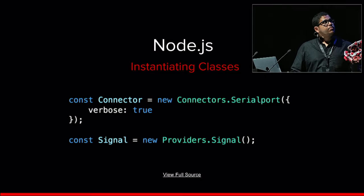By simply instantiating some of the connectors and signals, we can then start and initialize our modules. In this case, we have some FFT, some topographic data that I might be showing you later, and then the time series, which is exactly the lines that I showed you first. They all take the signal, which is the provider that I was talking about. And lastly, we can invoke a method called stream that basically makes the data available, and we pass it